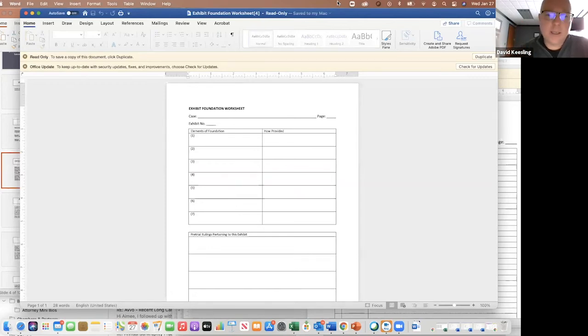That could be the date, the time, whether you were present, all of those necessary steps. Make this a cover sheet as your admission of this exhibit starts during the course of your testimony and presentation. Then below, keep a list of all the pretrial rulings pertaining to that exhibit. There may be motions in limine, for example, which are advisory in nature. You want to have a list of those below, so when the court or opposing counsel challenges you and says, wait a minute, these are absolutely not admissible until the court rules in advance, let's say there's a threshold ruling that's required,